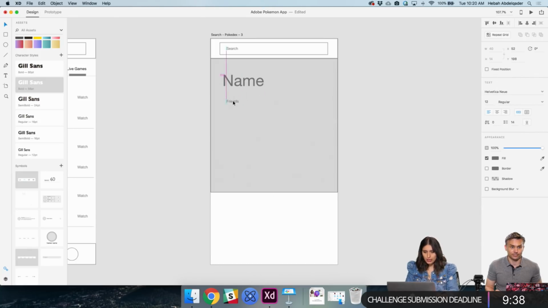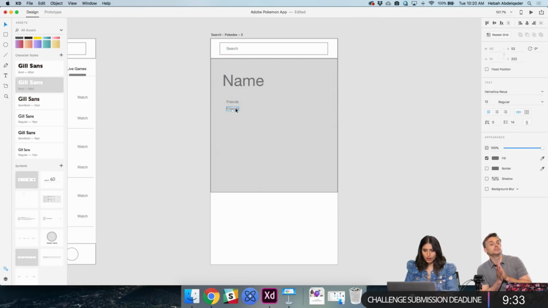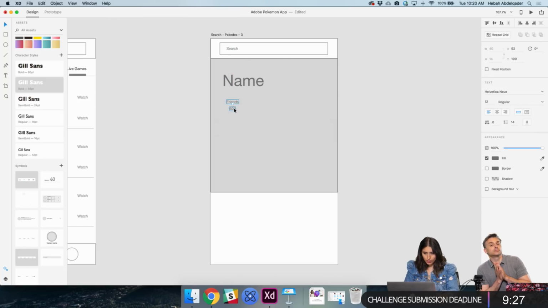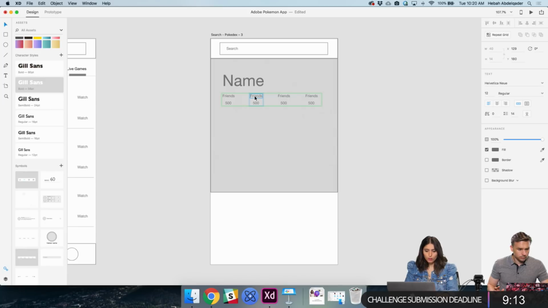All right, so right here, we want to list how many friends you have. Let's say you have 500 friends, amazing people. Then we're going to group this and repeat grid. We also want to talk about how many cards you have, how many cards you want to trade, and what your rank is. You double click on it, it turns blue, and then you can change it.